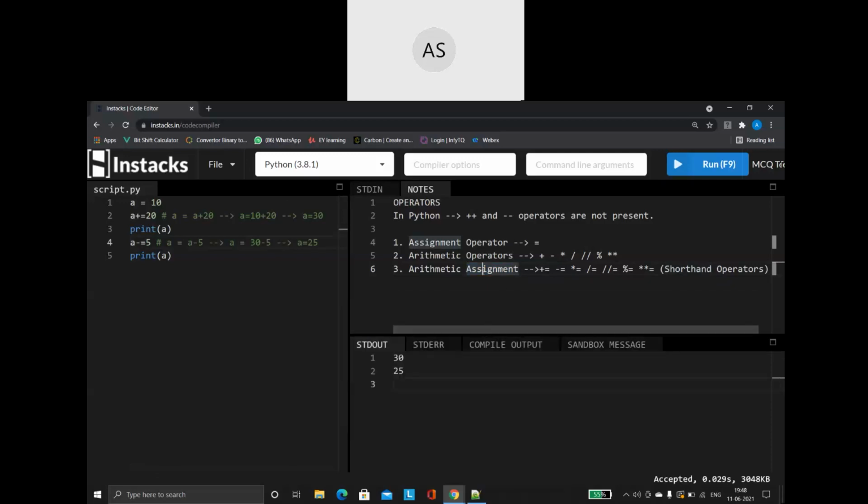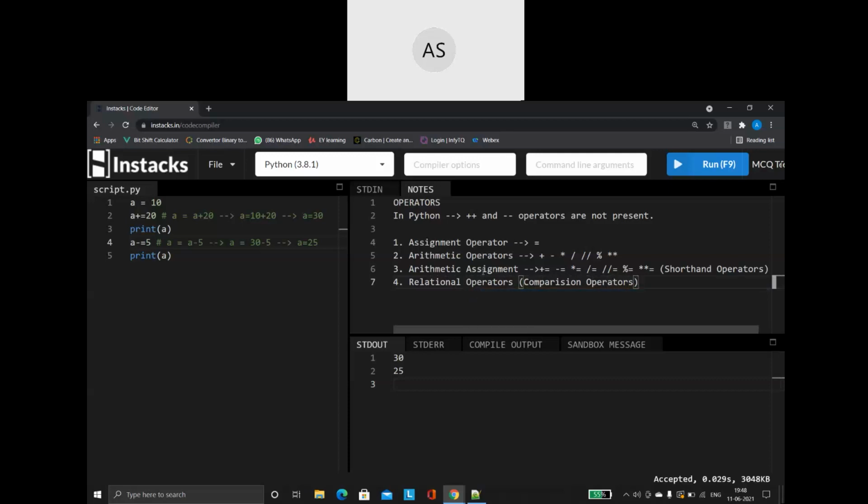Right. So now, what other types? See, in Python, you have a lot of operators. Beautifully, they have given so many different operators to make your program writing much easier. Okay, the next operator we are going to discuss is relational operators. Remember, relational operators are also called comparison operators.